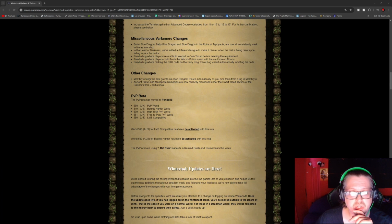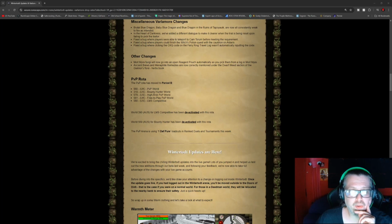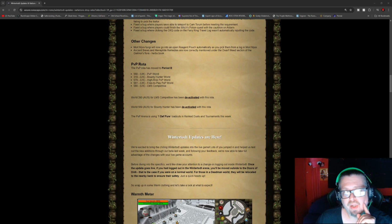Other changes. Mortmyre fungi will now go into the open reagent pouch automatically as you pick them from a log of Mortmyre. Ancient brews and Menaphite remedies are now correctly mentioned under the dwarf weed section of the Gillinor's Flora herb book. And PvP world rotation has moved to: 560 UK PvP, 319 US Bounty Hunter, 579 US Kairos PvP,